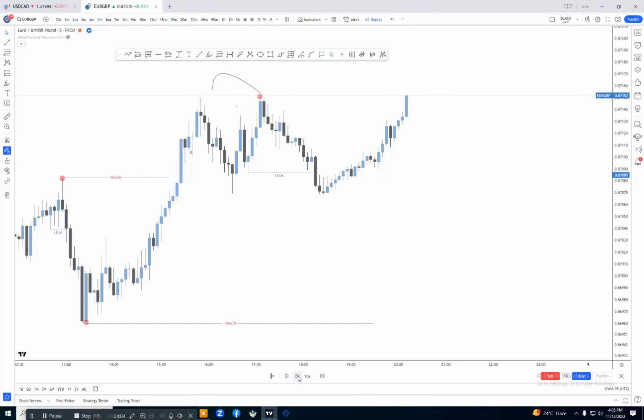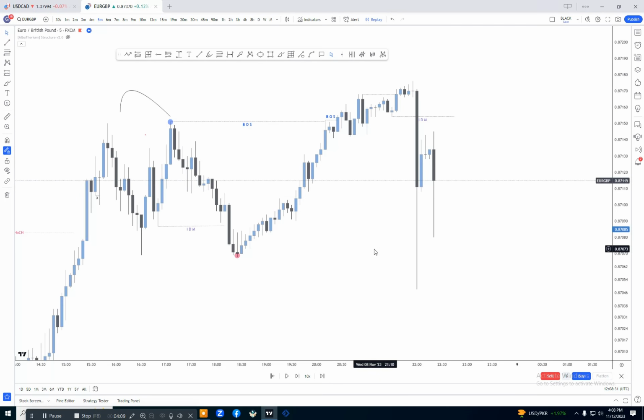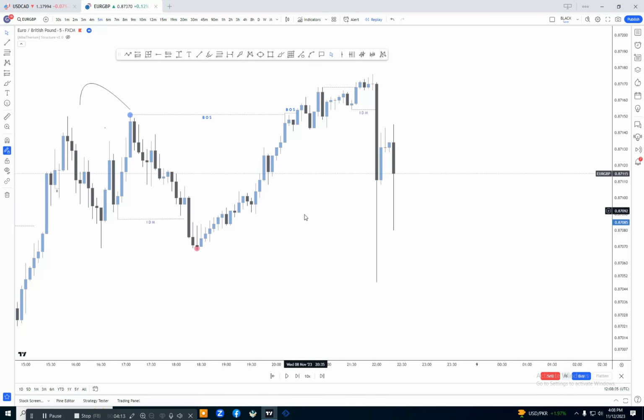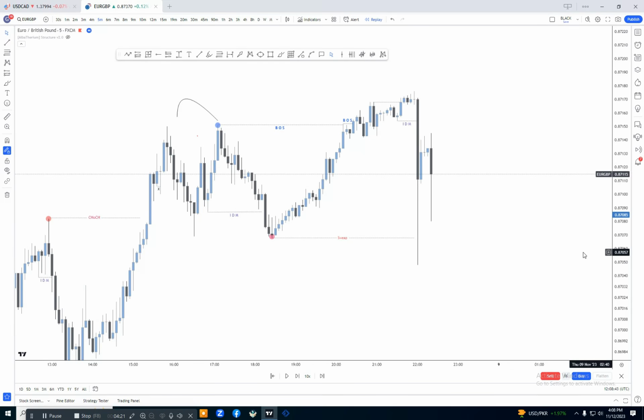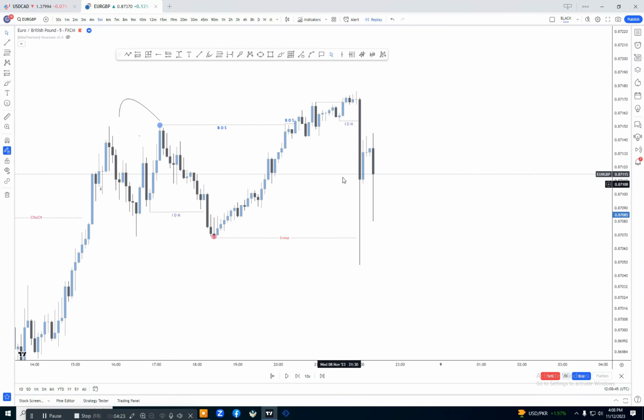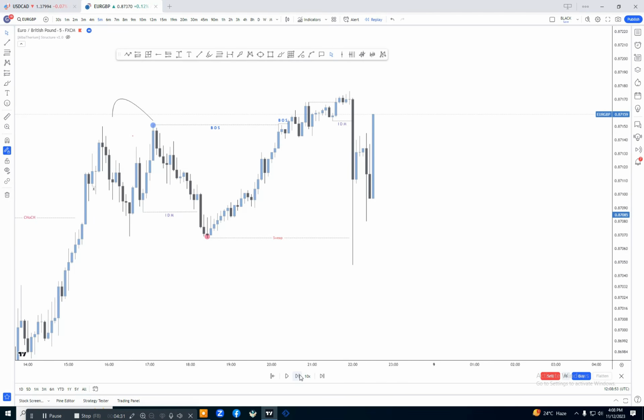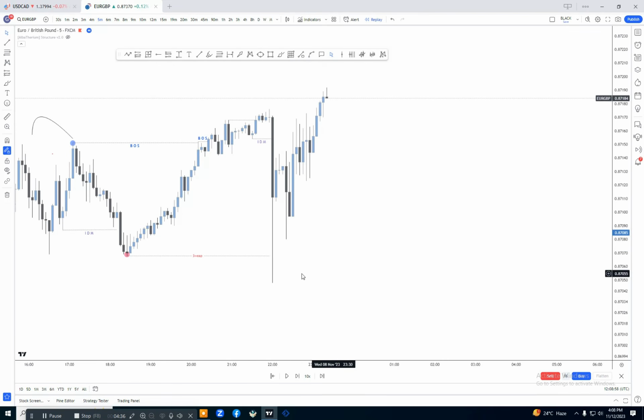Let's see what the market will do in the future. The market has taken out the inducement. After taking out the inducement, the market has swept the previous confirmed high as well, but there is no confirmation of candle closing. If the market gives a confirmation of candle closing, then our structure will shift from bullish trend to bearish trend. Let's see if the market gives us the candle closing confirmation. But if we see here, the market has just swept the previous low, which means it just took out the previous low liquidity.